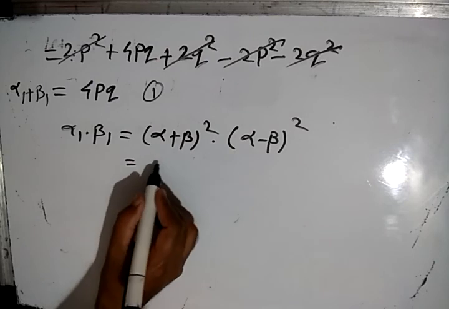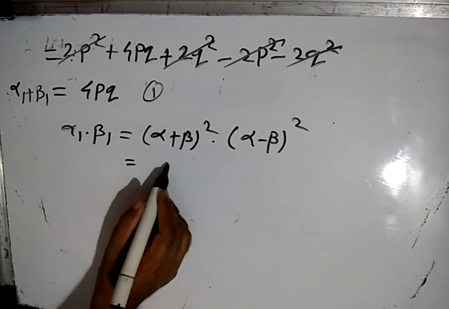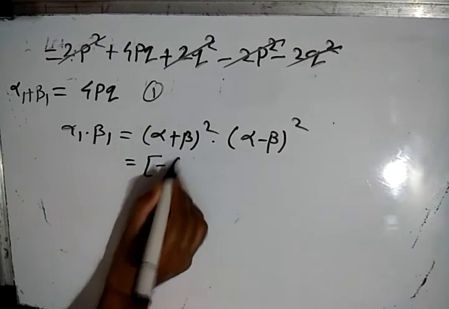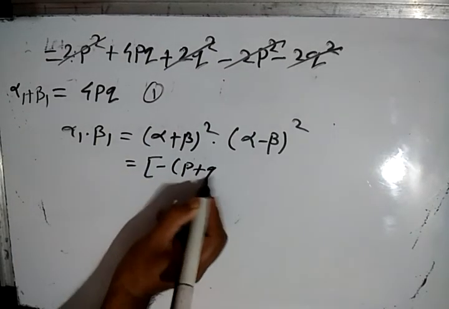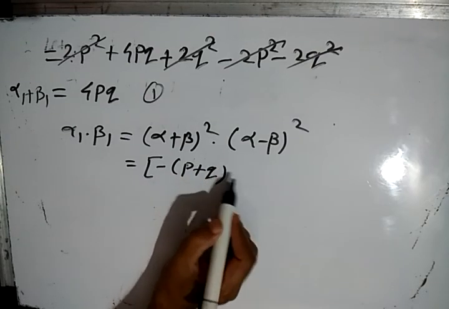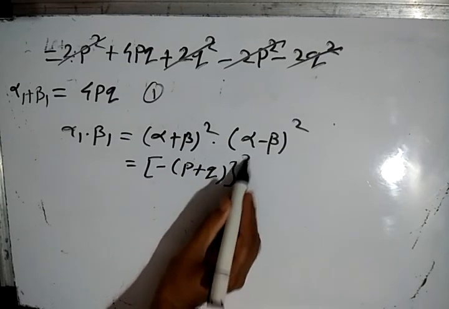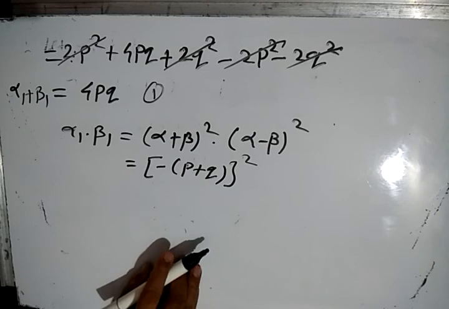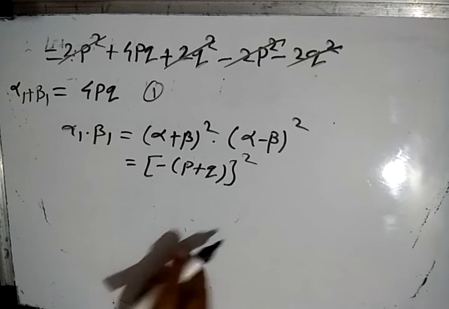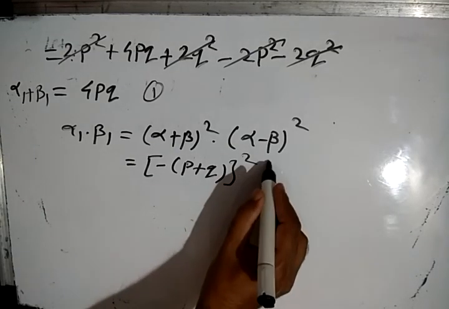Here, what is alpha plus beta, which is given, that is minus p plus q whole square. The value of alpha plus beta. Alpha minus beta whole square. We know the expansion of alpha plus beta from the previous. Here you can directly write down